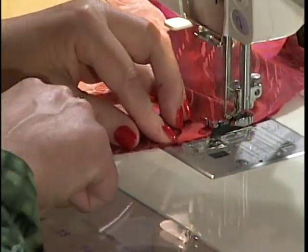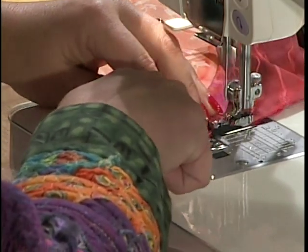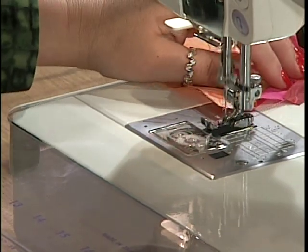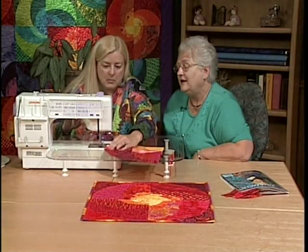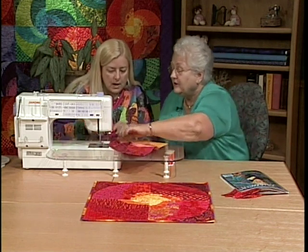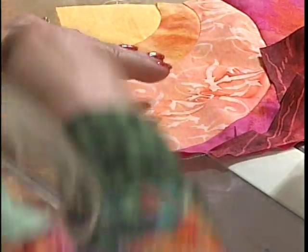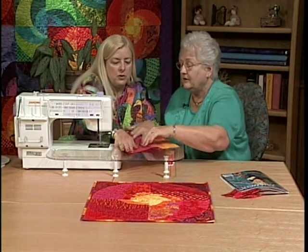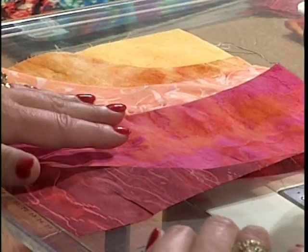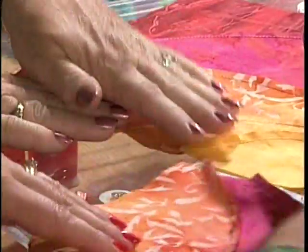and away we go. What we want to do is have our foot follow this top piece off into space. It slipped a little bit, but that's okay. You can see we ended up over here. Ideally, in the real world, we'd want to be right in the middle there, but we're awfully close. All right. And then this will just fold over this way. And then when we press it, we'll end up with all of our seam allowances pressed towards this large piece,